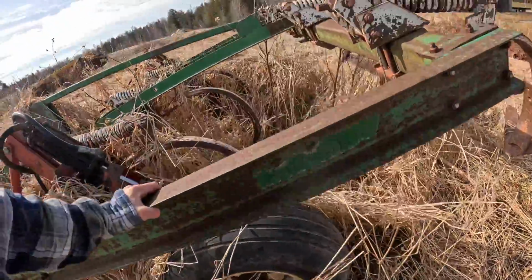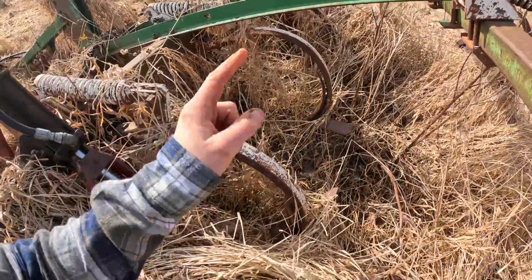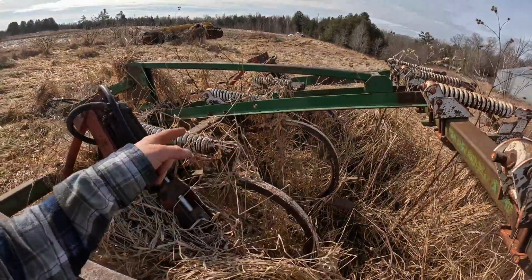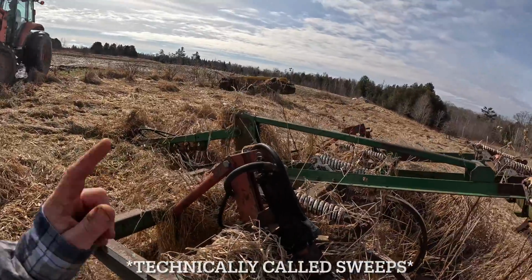Yeah, they're up. The only thing we need to replace on this that we know of so far is we do know that it needs all new points on it. I think there are 7 of those. There's 4 in the back and 3 on the front. This is a...